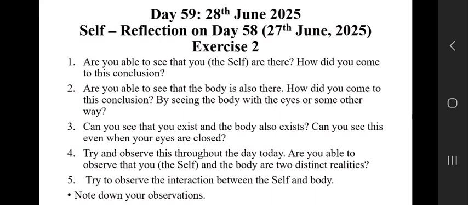So, Didi, as per the assignment, after practicing daily for the last 5 to 6 months, I think I'm able to see that both are distinct realities on the basis of 2 to 3 things. First, the needs. I am now clearly able to see 3 things. First, my needs. Second, my body's needs. And third, due to my assumptions and preconditioning, how do I mix both needs? The third part I'm also able to clearly see.